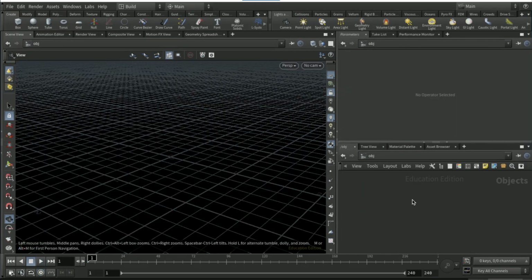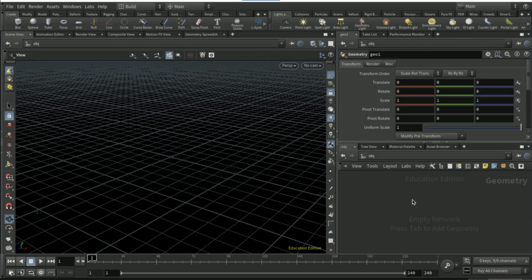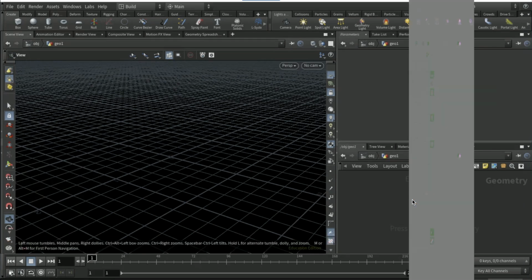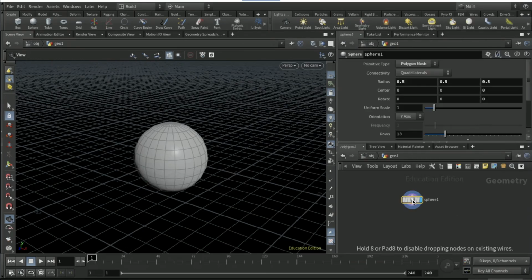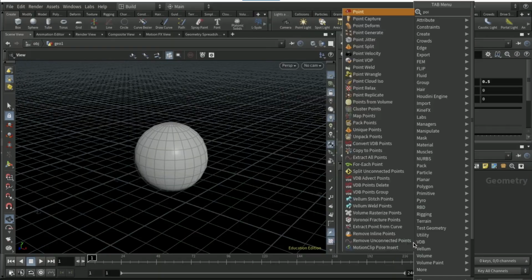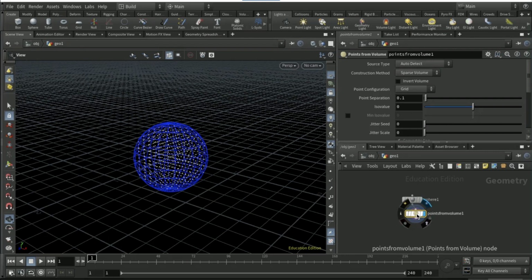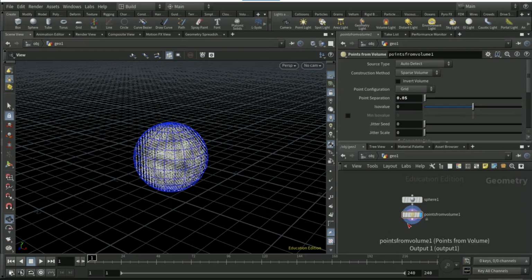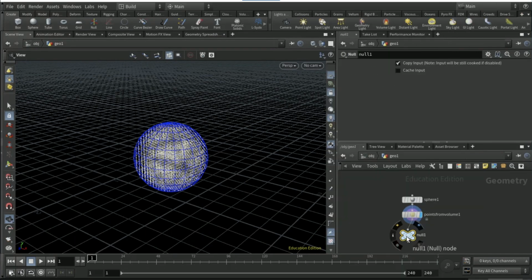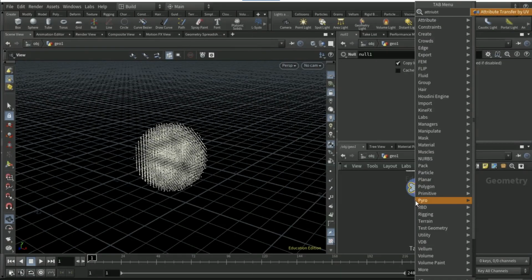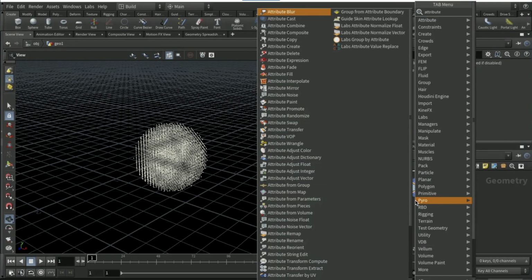Okay, so what you're going to want to do first is drop down a geo node and dive into it, and then drop down a sphere node, then drop down a points from volume node, set particle separation to 0.05, drop down a null, drop down an attribute wrangle,